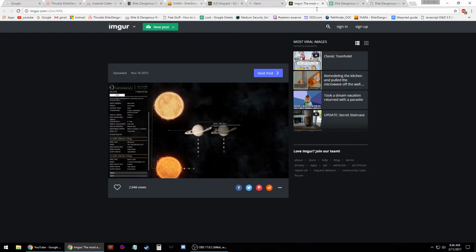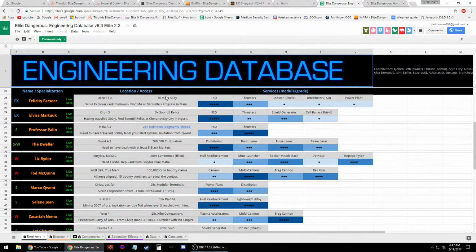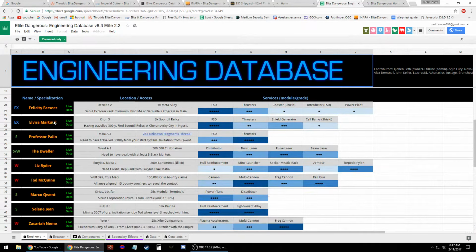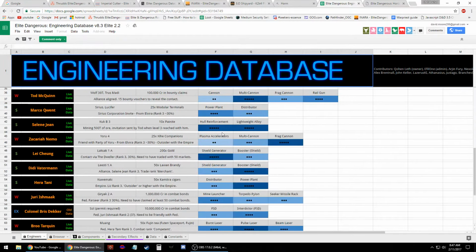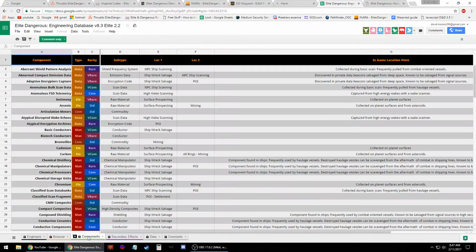All right. Anyway, next you've got this, which is a giant Google Docs document that somebody shared on the Elite Dangerous forums that shows you a whole bunch of stuff. By default, it shows this engineers page, which is very similar to the Inara database, but this is all in Google Docs. If you like it better, that's fine. You can also do this to find